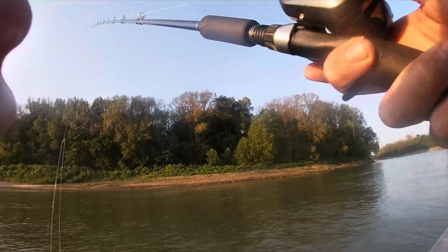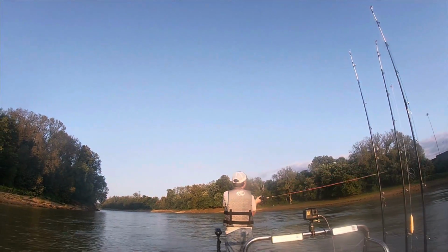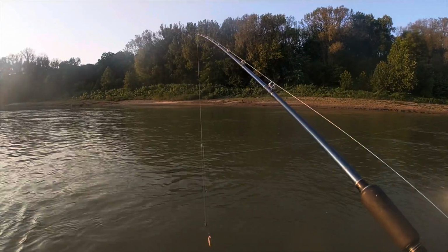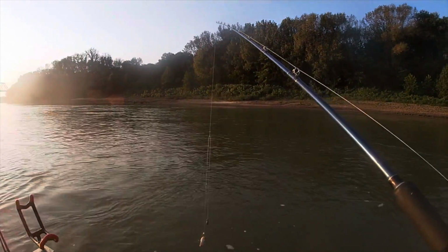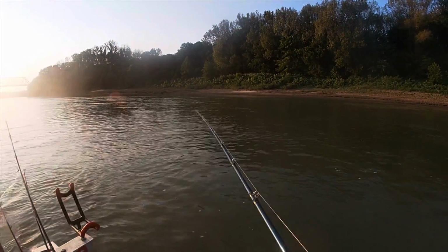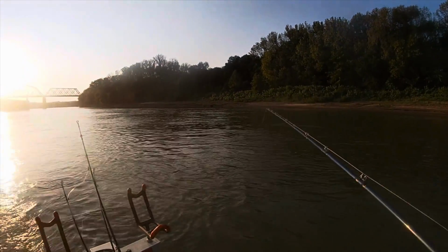Basically, we got the boat aimed upriver into the current. We're running the trolling motor on about half speed to slow the boat down. Boat's still drifting with the current, but about half the speed of the current. So as you can see, when we put our bait in the water, it wants to pull back. Drop our rig to the bottom. Once you feel it hit bottom,